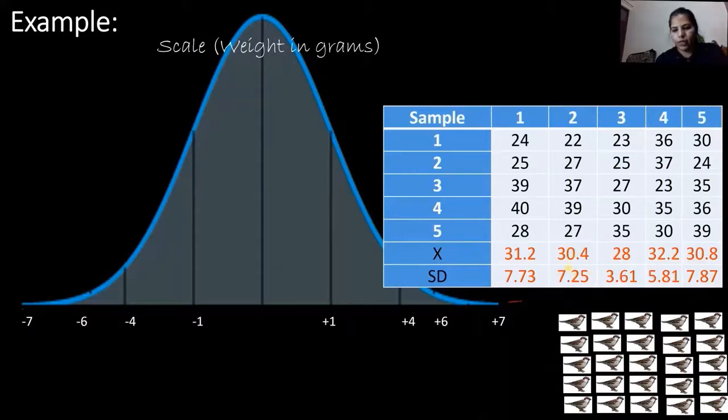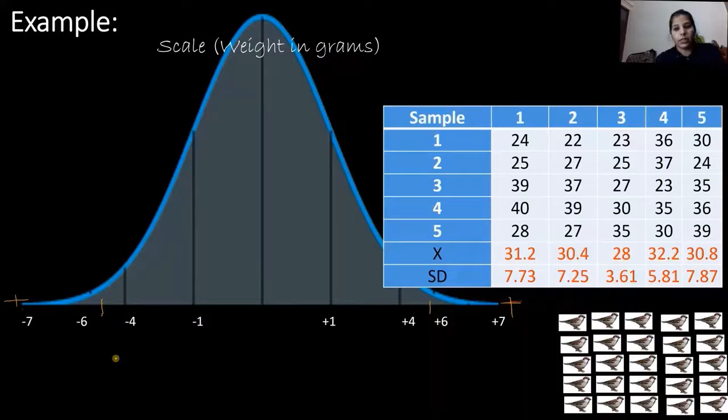So if I want to plot the standard deviation of the first, second and fifth sampling efforts, these values will be plotted somewhere beyond these 7 values. In case of the fourth sampling effort, if I plot the value of standard deviation, it will lie somewhere here. It is 5.81. Not bad. It is also showing well the data spread around the mean of the population.